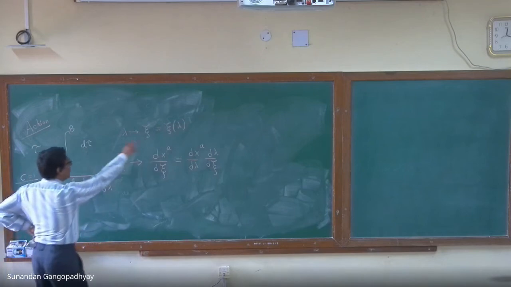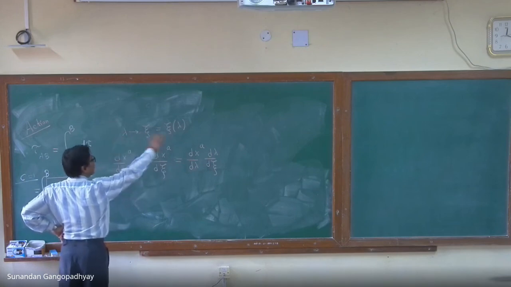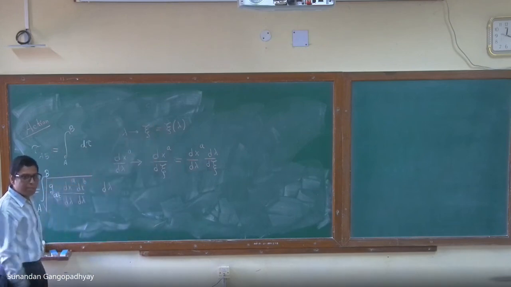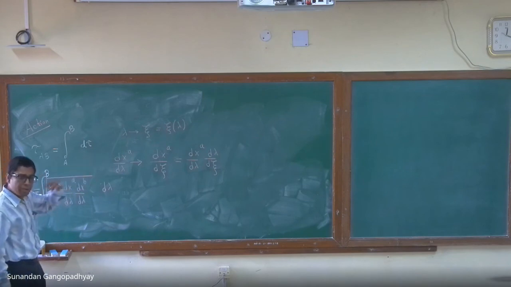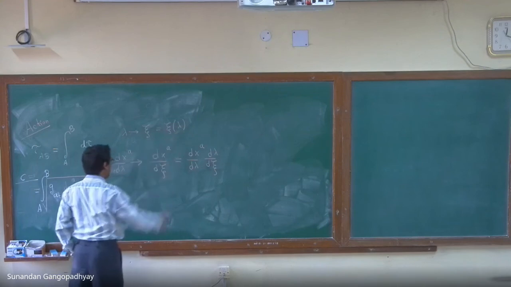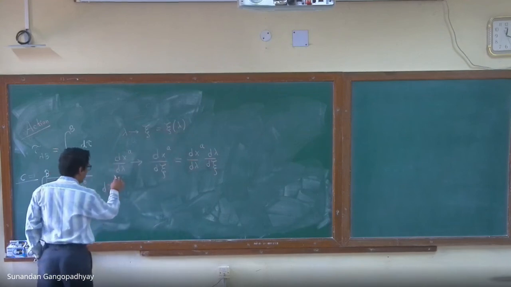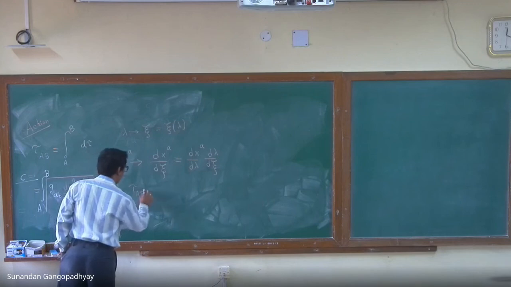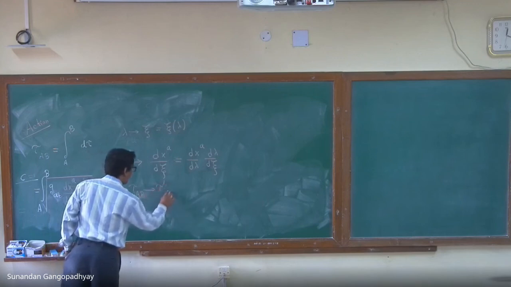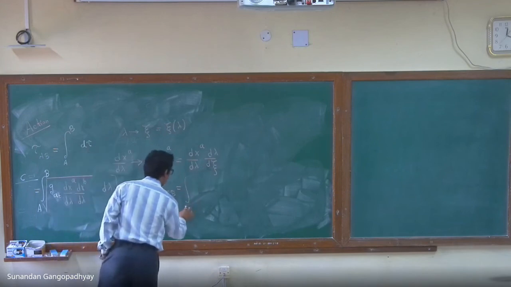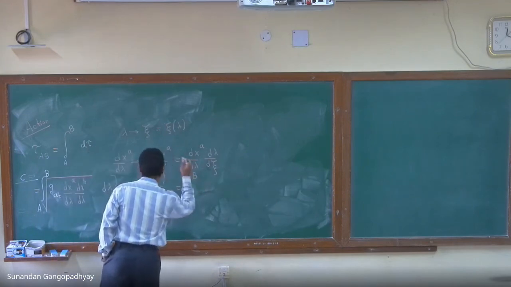Now, I call this my reparameterization. My parameter by which I was parameterizing the curve was lambda. Now I am reparameterizing the curve by a new parameter psi, which is a function of the old parameter lambda. Under this reparameterization, tau AB goes to tau prime AB, and that will be equal to